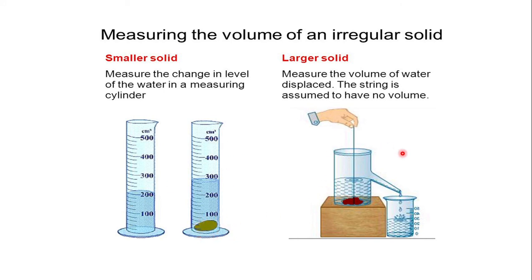You can also use an overflow jar to find the volume of the solid immersed. So when you just immerse it, before which you have to take water till the spout, the mouth of the spout, and then after immersing, since this occupies space, this will displace water equal to the volume of the stone. So the displaced liquid volume will be equal to the volume of the stone. So here it is 30 cc. So 30 cubic centimeter is the volume of the stone which is immersed into this beaker, which is called an overflow jar. And the principle which is used here is Archimedes principle.